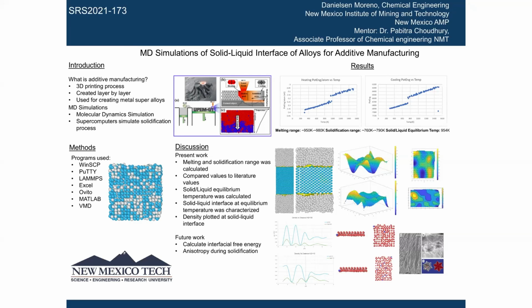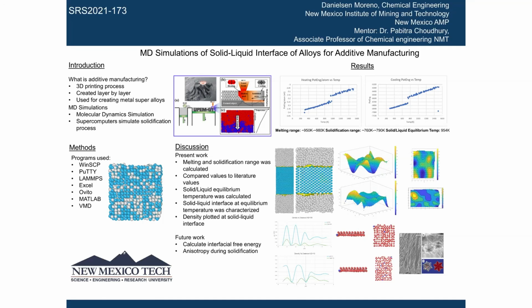So yes, we can definitely affect the dendritic growth structures, and we can also affect the interfacial free energy at the surface. For example, if we were to do a fast cooling of the system, there might be less dendritic growth. If there is slow cooling, then there might be more dendritic growth. And so depending on what qualities we're looking for, we can either do fast cooling or slow cooling